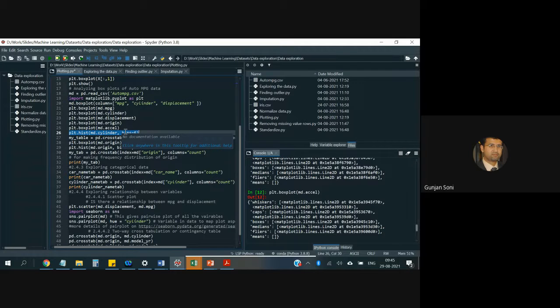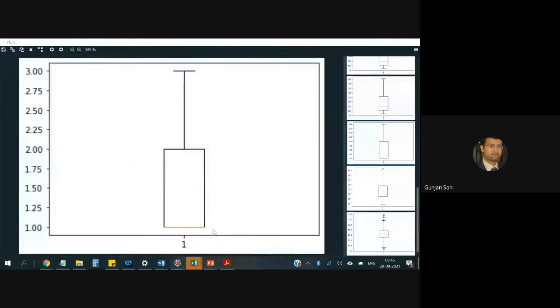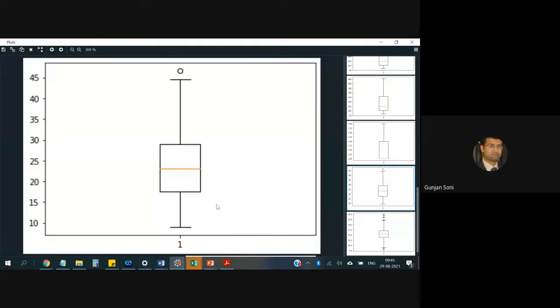So what does this represent? See, I'll show you the data. Yes. So let's see over here. Now, you have one whisker on this side and another whisker on this side. So what can you say about the data? Okay, this 50% of the data is over here. Other than 50%, this 25% and this 25% of the data. So you can say more variation exists in the upper part of the data as compared to the lower part of the data.